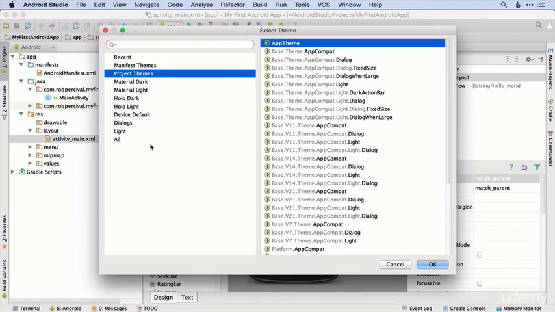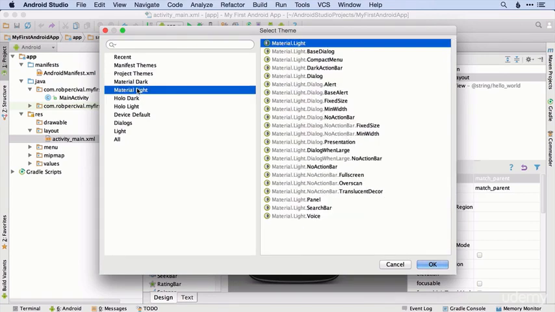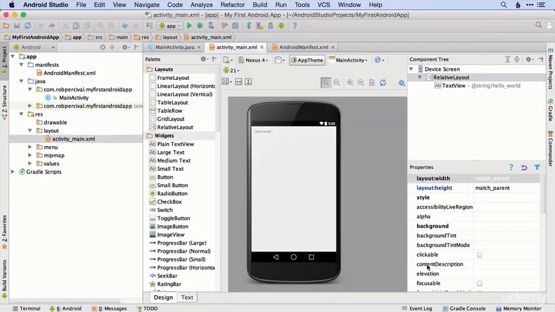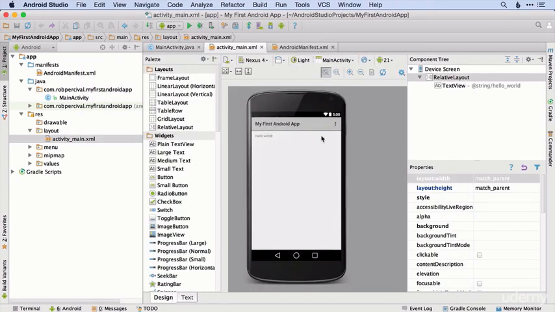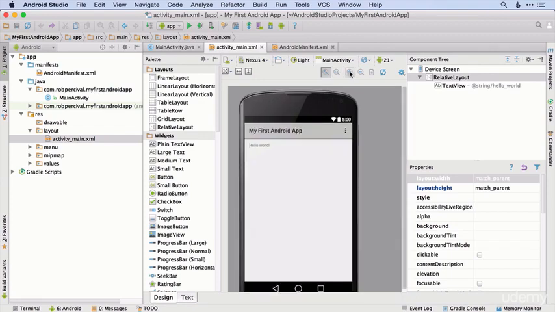Those words may be familiar to you if you've followed the development of Android over the last few years. Let's just pick another one. So Material Light is quite nice. If we click on that, you can see it just changes the look of everything, and we get our nice menu bar at the top there. Then we can zoom in and out